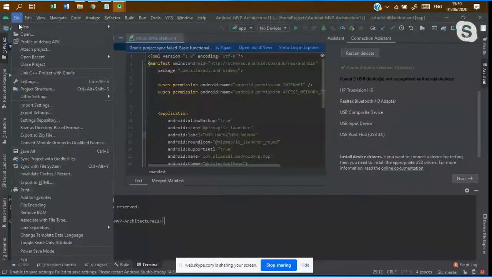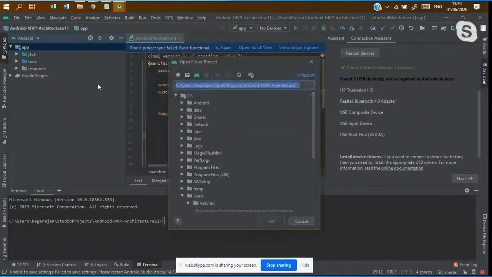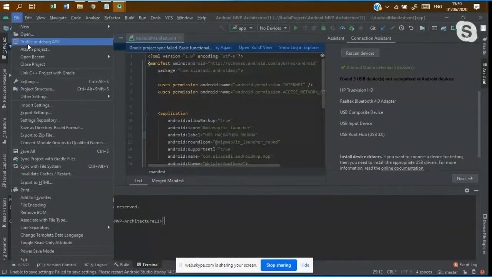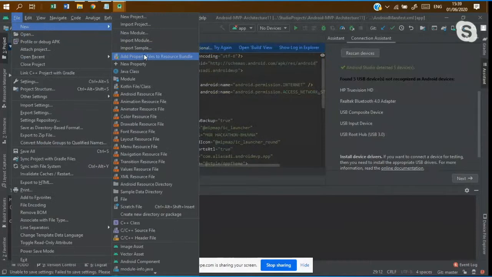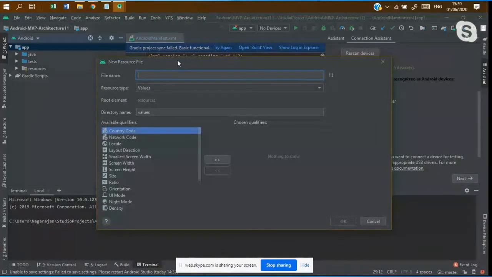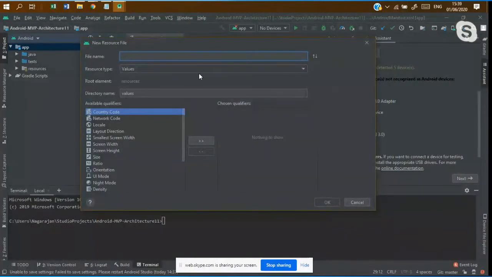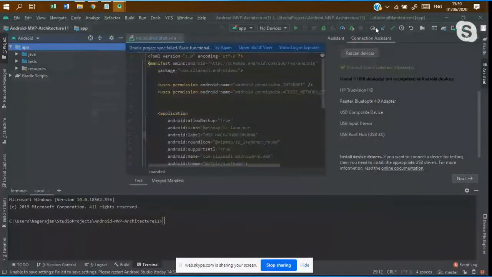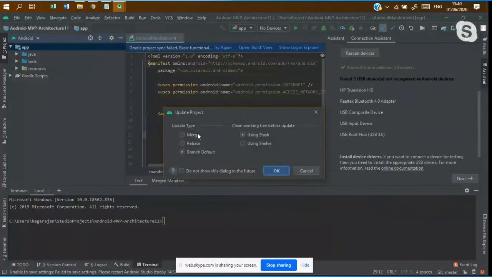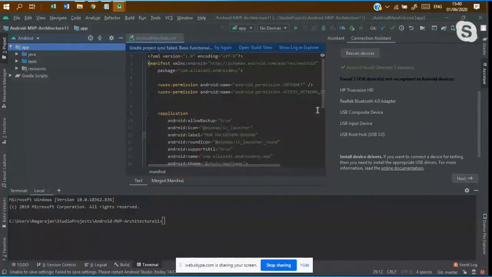There is also a way to do this when you create a new project, where you can build it in. You can check the resource type, the git and the merge, and then OK. If I click OK, it will show you a URL link where you just have to copy and paste it. Now that we are into this, where I was talking about MVP, that is the model view presenter,